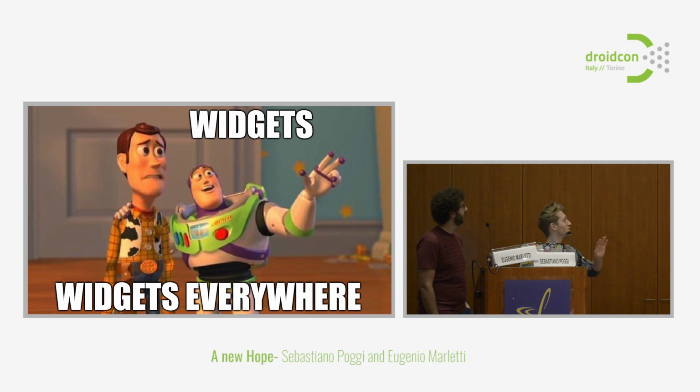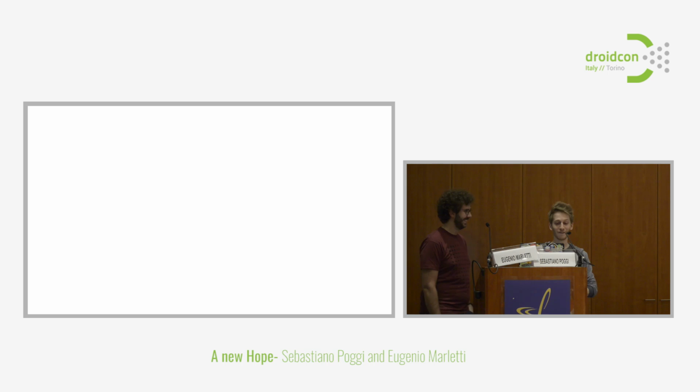So you have widgets everywhere. It creates this sort of fractal architecture where the lowest component is a widget, but then you compose it in another widget, and then you compose it with other widgets, and in the end, your entire screen is a widget, and your entire app is a widget. So you could take an existing app and embed it into another app, which is great for encapsulation, and it's great for testing stuff. So if you are developing your own screen, you can create it as an entire app, and then you can embed it in your main app. And it's a really nice way of working.